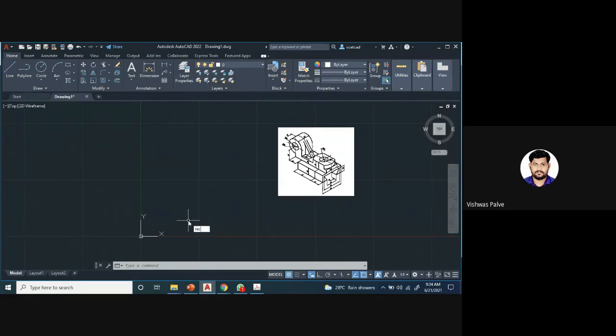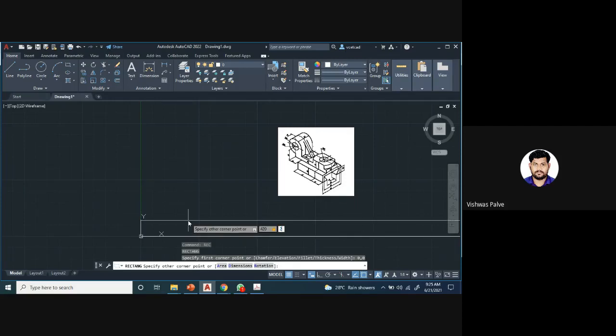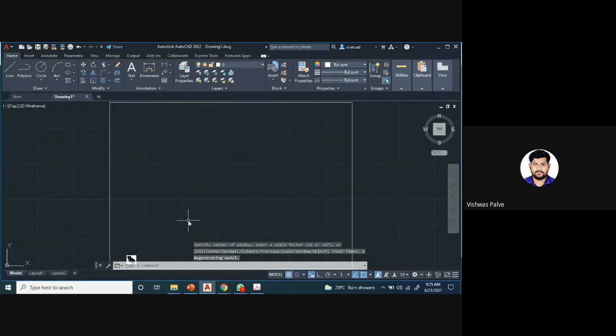Next, we are going to draw a rectangle. Type REC, enter. For the first corner point, we are going to say 0,0, enter. Then for the other corner point, 420,297. Please note down these units, 420,297. I again repeat, the lower or first corner point will be 0,0, and the other corner point will be 420,297. Then you have to press Z, enter, A, enter. So this is my sheet, the A3 size paper.